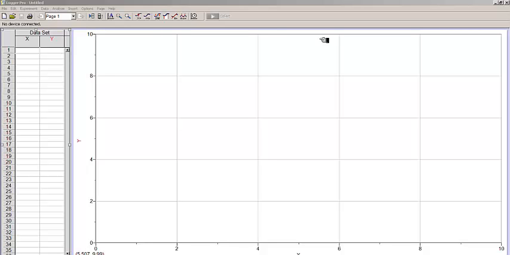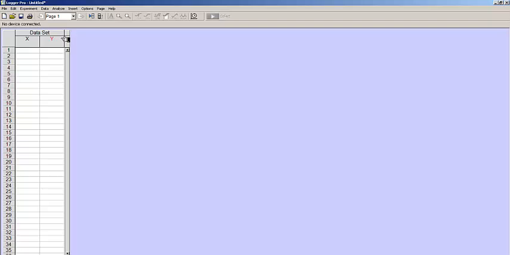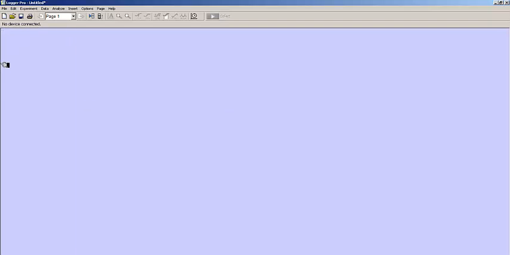In this video we're going to talk about how to do video analysis in Logger Pro. So this is the default screen you'll open up to in Logger Pro. We actually don't need any of this, so you can click on it and delete each of these. We don't need the graph, we don't need the table, so you should start out by having a blank screen like this. The next thing we want to do is go to Insert,